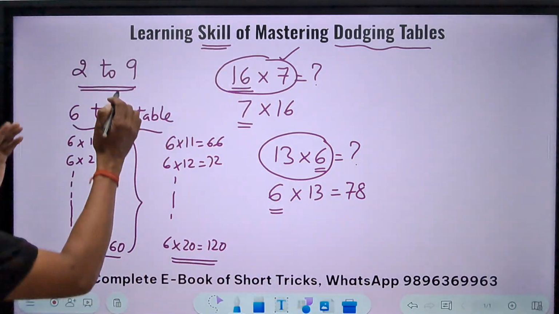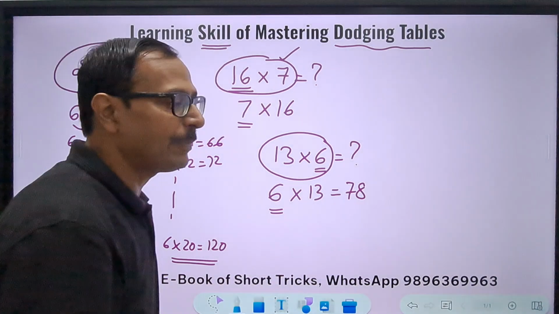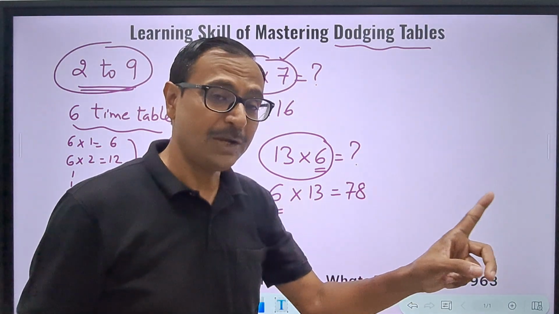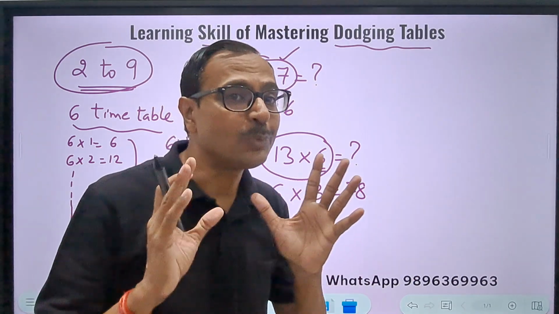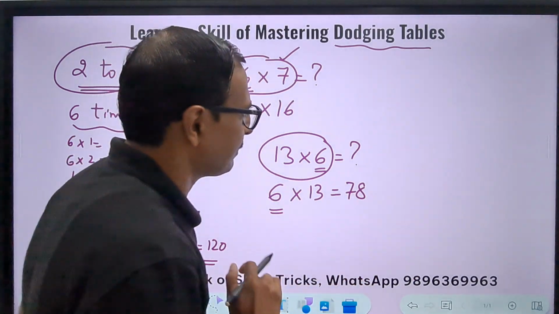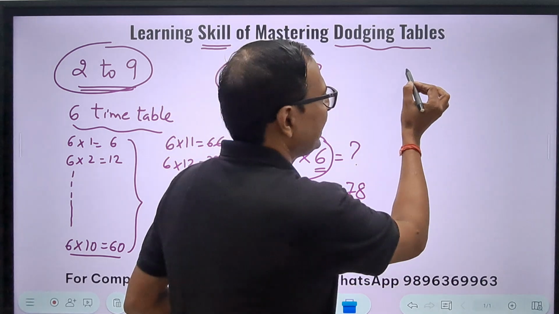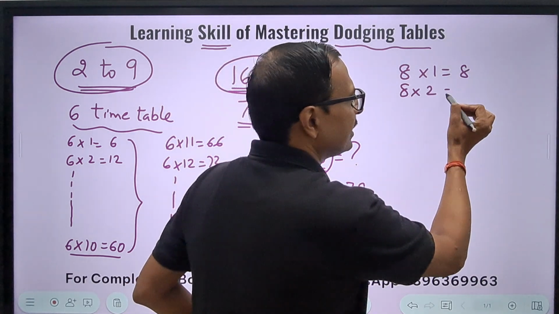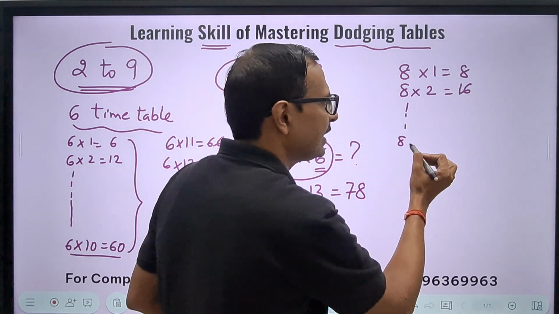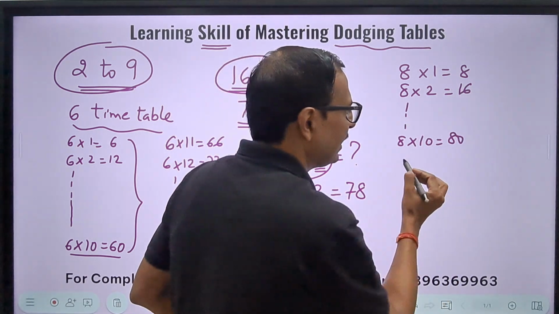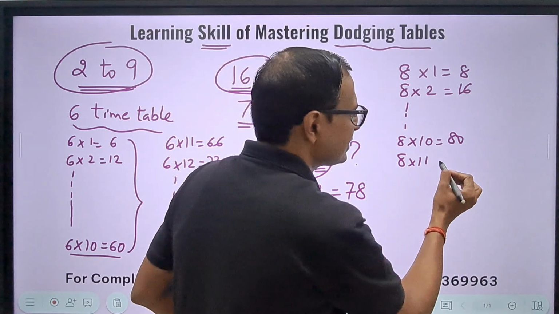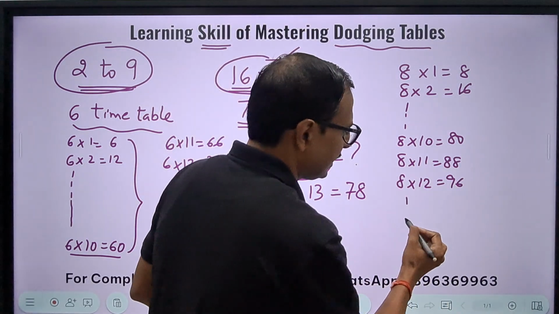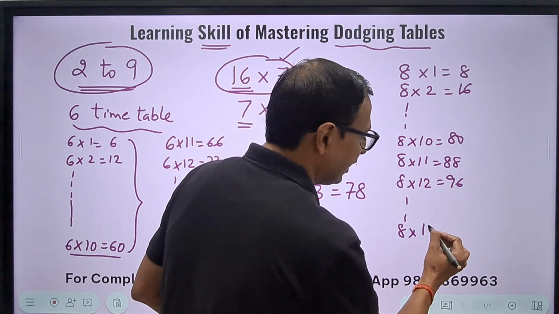Just when you focus on the tables of 2 to 9, don't stop at 10. Go up to 20, okay? And you will know all the dodging tables up to 20. Okay, let's take one more example. Suppose the 8 times table. 8 times 1 is 8, 8 times 2 is 16. The child has crammed this up and he has done 8 times 10 is 80, and then finally 8 times 11 is 88, 8 times 12 is 96, 8 times 13, 8 times 14, 8 times 17 is